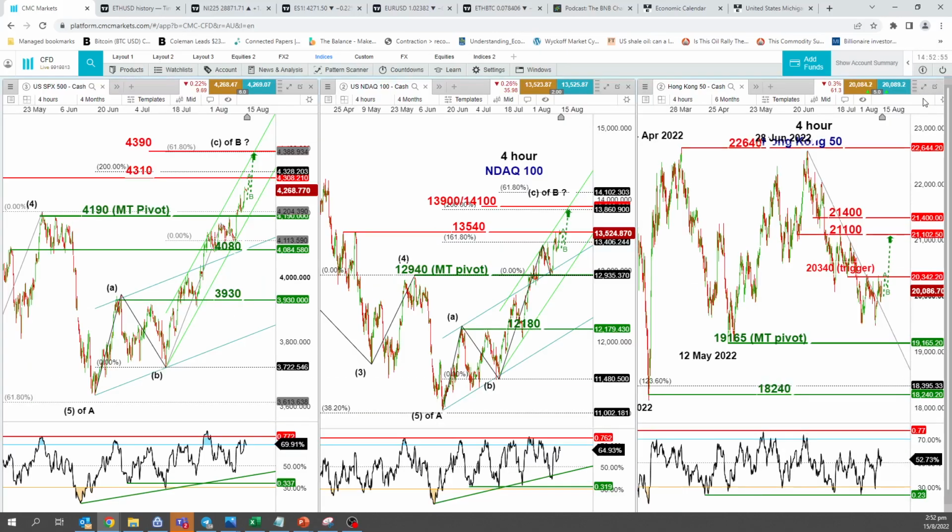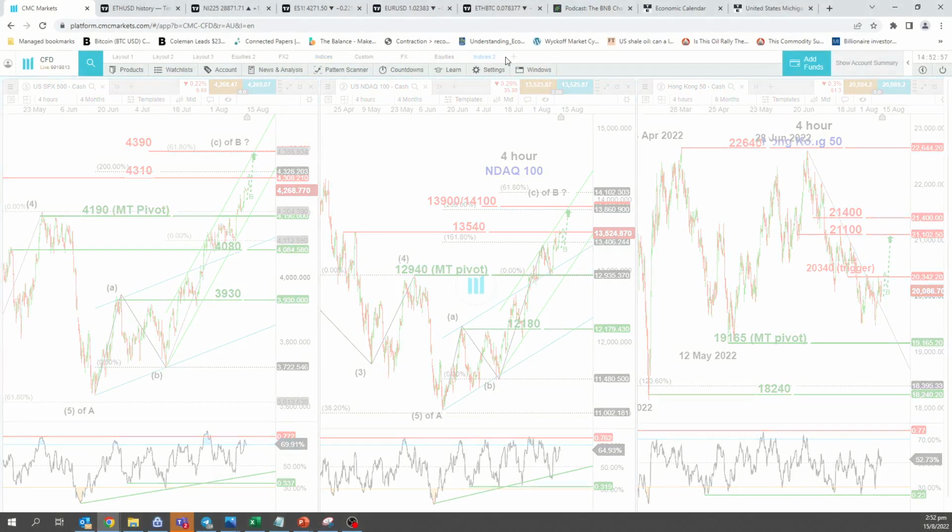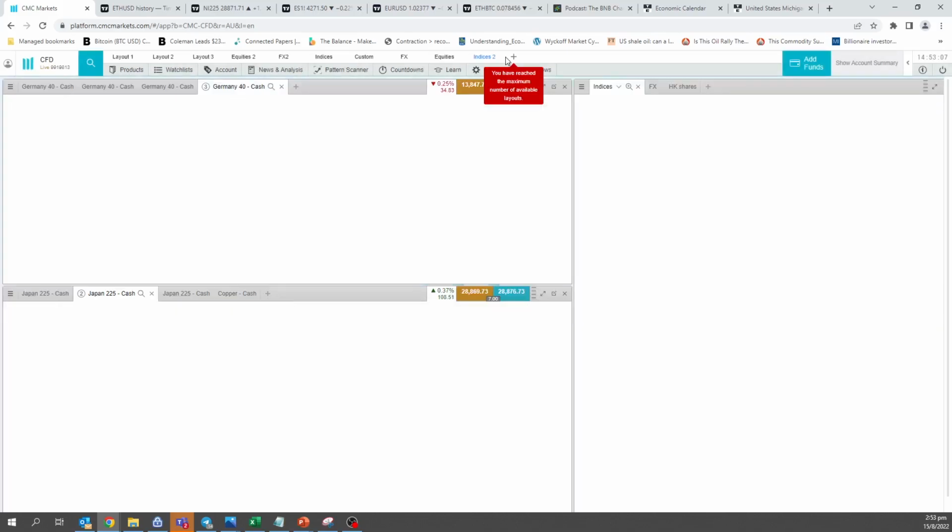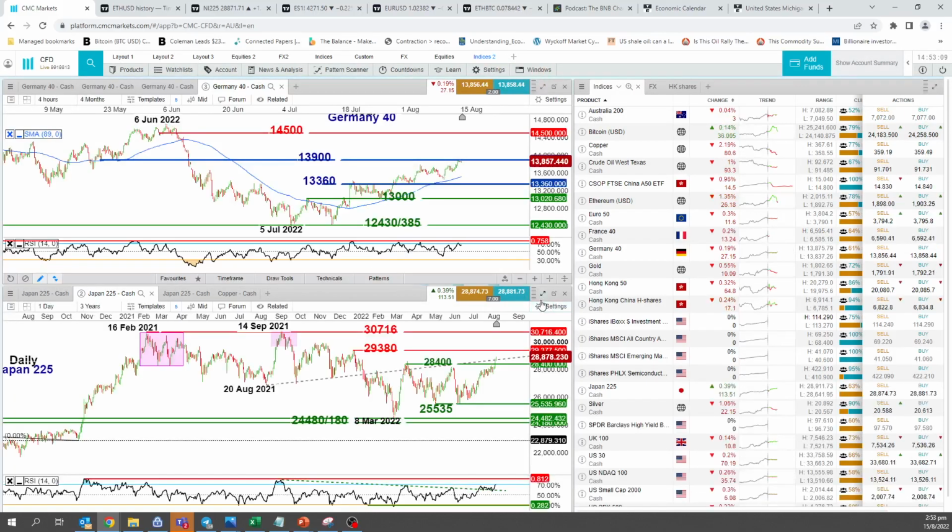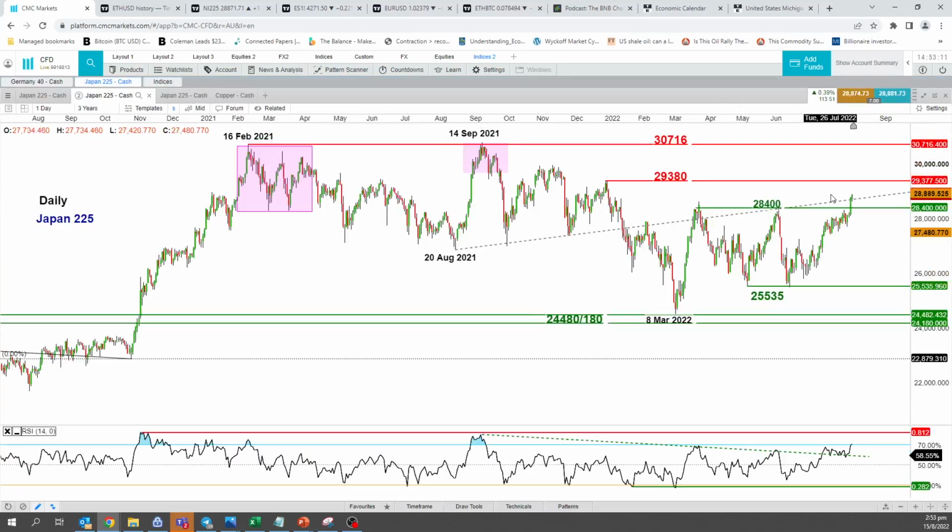Now moving on, the next major Asia index that I monitor on a frequent basis is the Nikkei 225. What we can see is that the Nikkei 225, or the Japan 225 as we call it on our platform, last week managed to push up above 28,400. Last week was neutral due to mixed elements, coming very close to the top of this range that has kept previous upside in place since 3 months ago, which is 28th of March 2022. Last week it had a clear 4-hour close and daily close above 28,400.